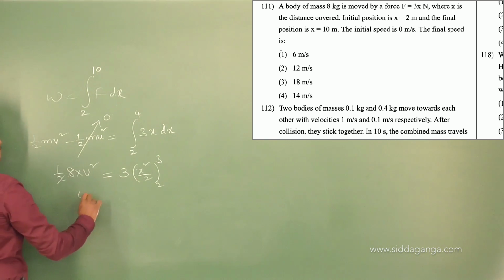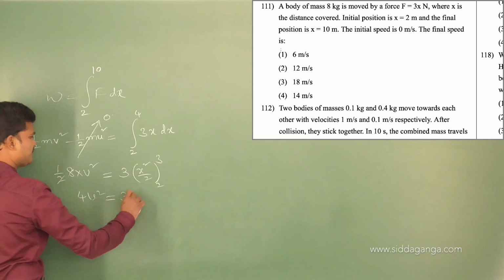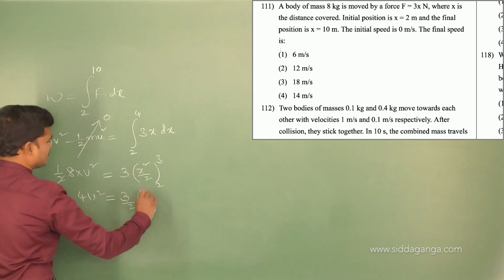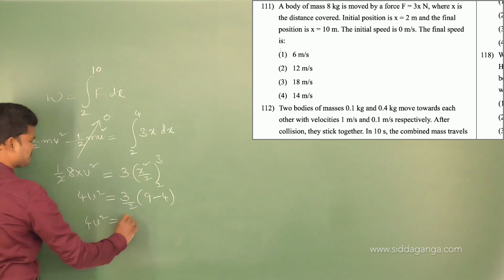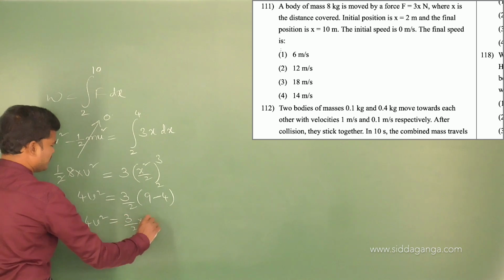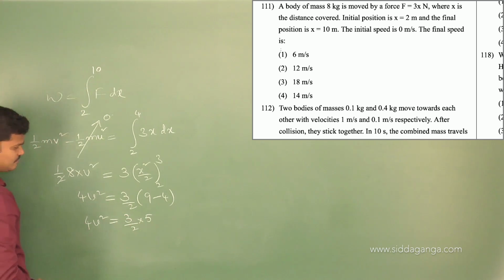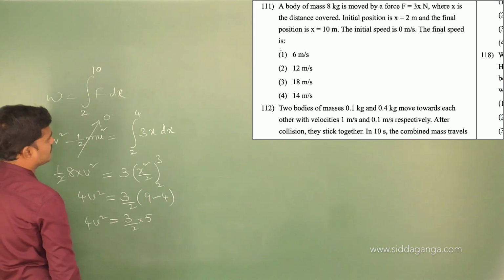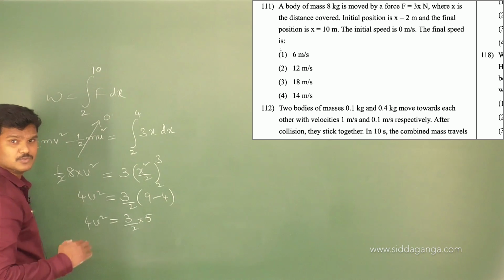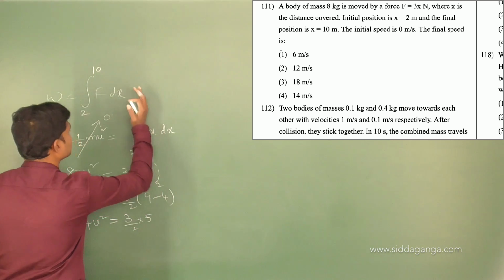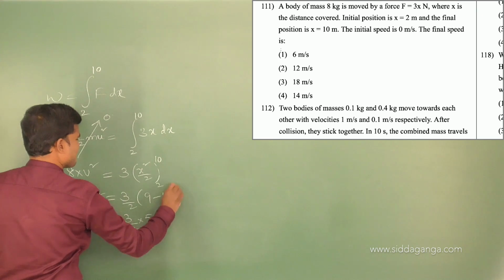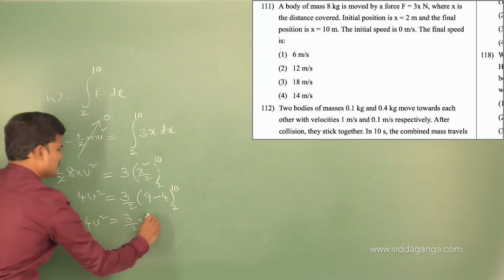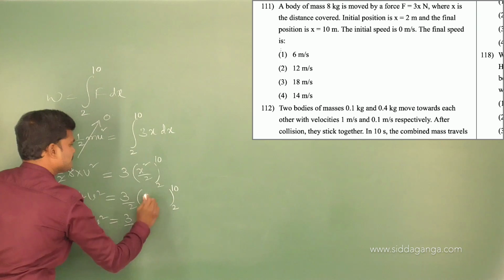So this is 4v square equals 3 by 2 into x square, 10 squared minus 2 squared. The upper limit is how much? 10. So if you substitute the upper limit,